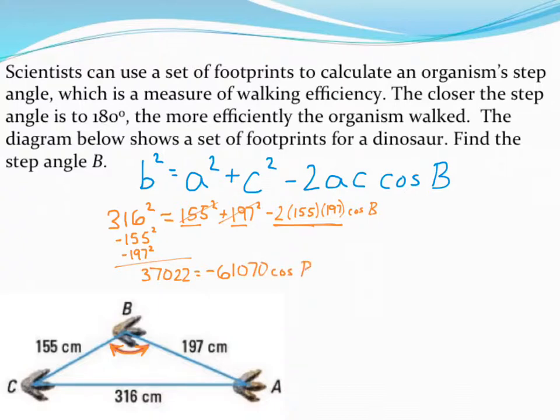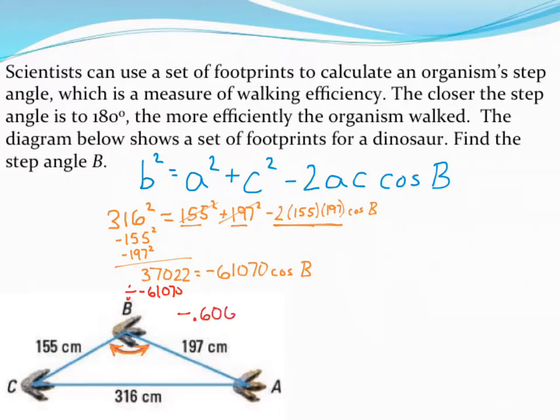Be careful right here, because as we talked about in the previous video, a lot of people want to go ahead and add this number to both sides. But remember, this is all one single term. So to get rid of that negative 61,000 that's being multiplied by cosine of B, I have to divide both sides by that. Make sure you do a division at this step rather than some kind of addition or something like that. Dividing that out, that comes out to be about negative